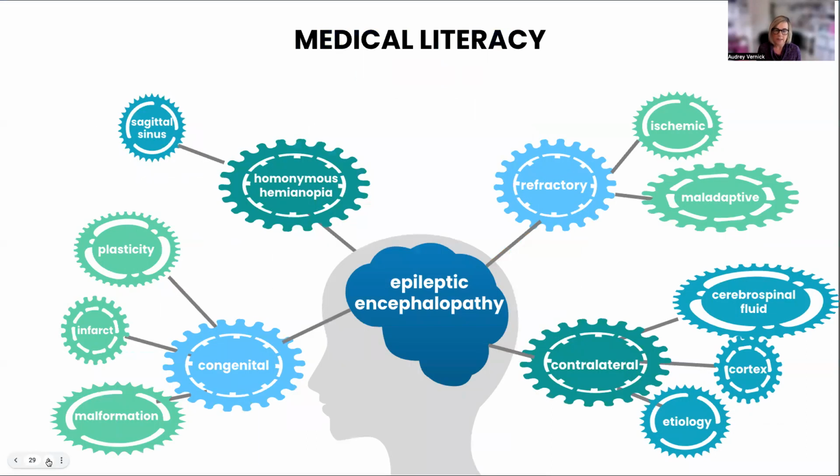And then let's go really deep into the medical literacy. The reason I include this slide when I do the health transition, which I will do a webinar on later this year, is that this is how doctors speak. So when your adult child goes into the doctor and they say cerebrospinal fluid or refractory or congenital or sagittal sinus, and your child doesn't know what that means,